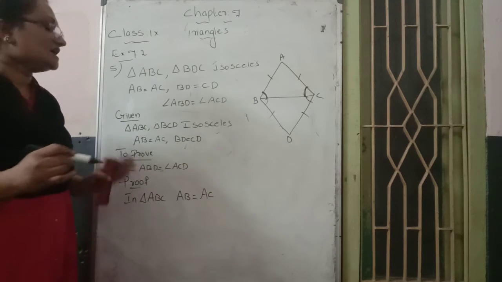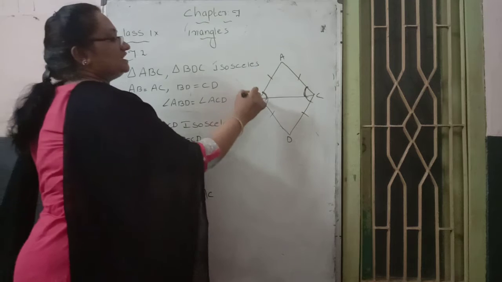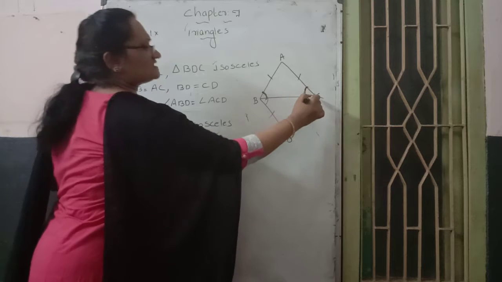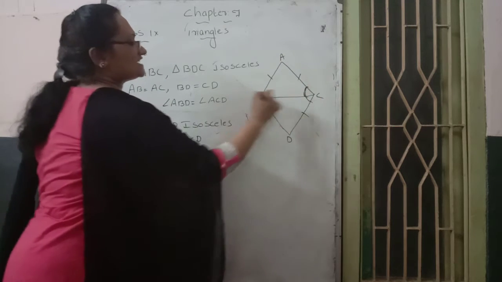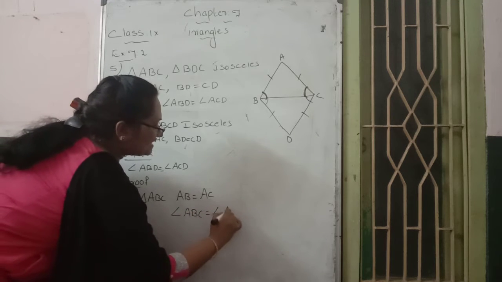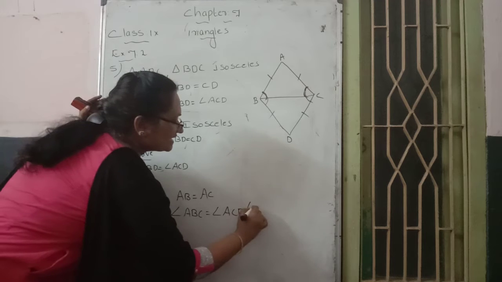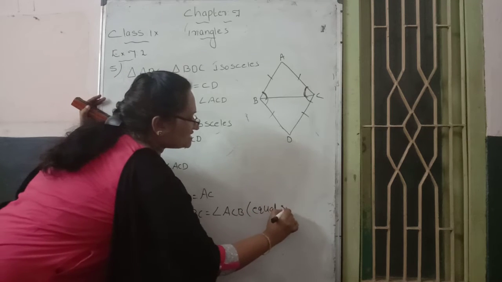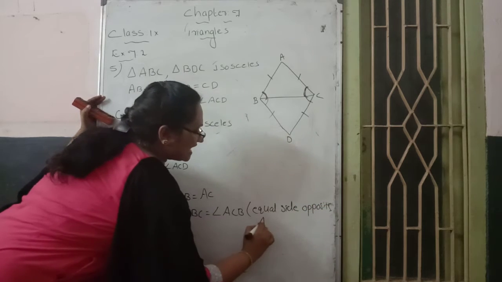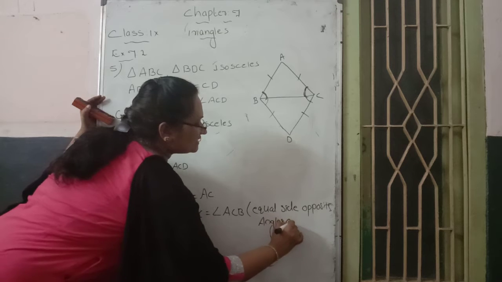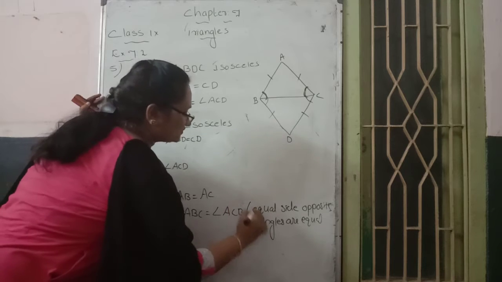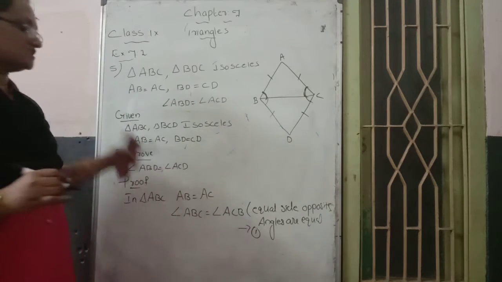They also become equal. When reading the angle, B comes as the vertex, so we read ABC. Next, C comes as the vertex, meaning ACB. So we can write angle ABC is equal to angle ACB, and the reason: angles opposite to equal sides are equal. That property we applied there. Mark this as equation 1.